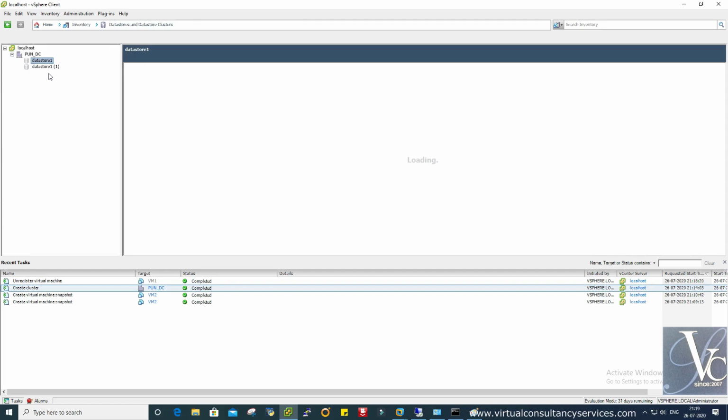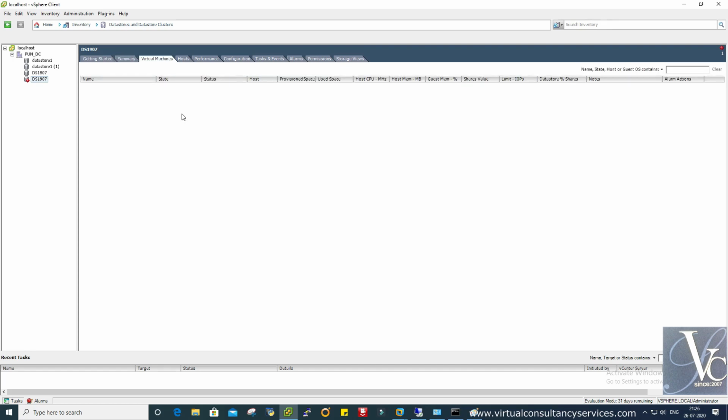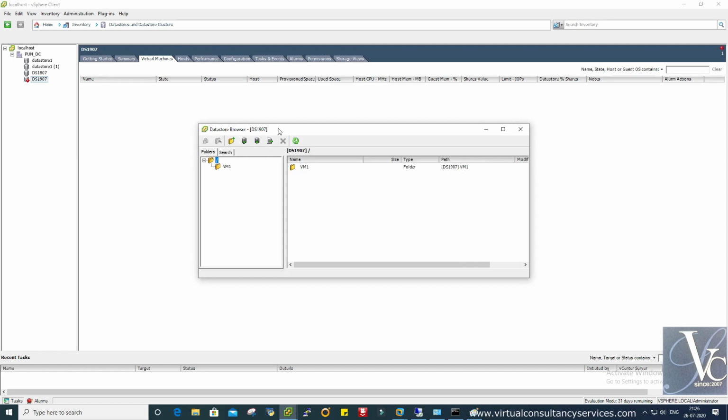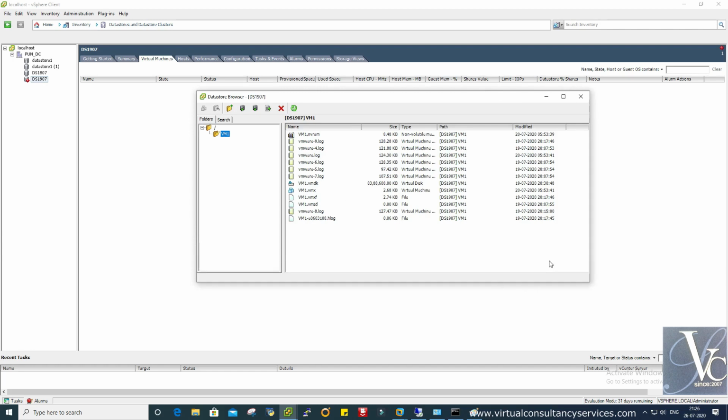Okay, so now I have to register that VM. Go to the home page, then data store and data store cluster, click on 1907. Then virtual machine. We don't have any VM, right? So now we have to go into the data store, right click on that, browse data store.